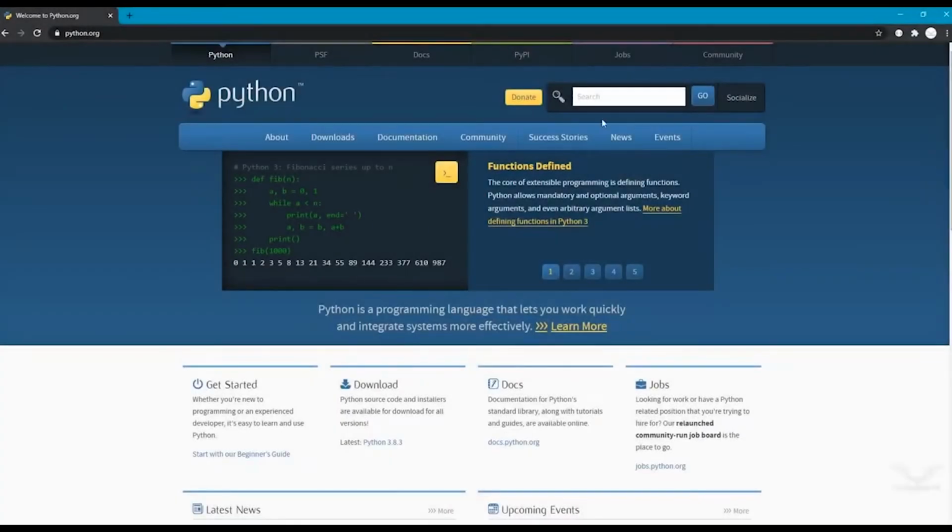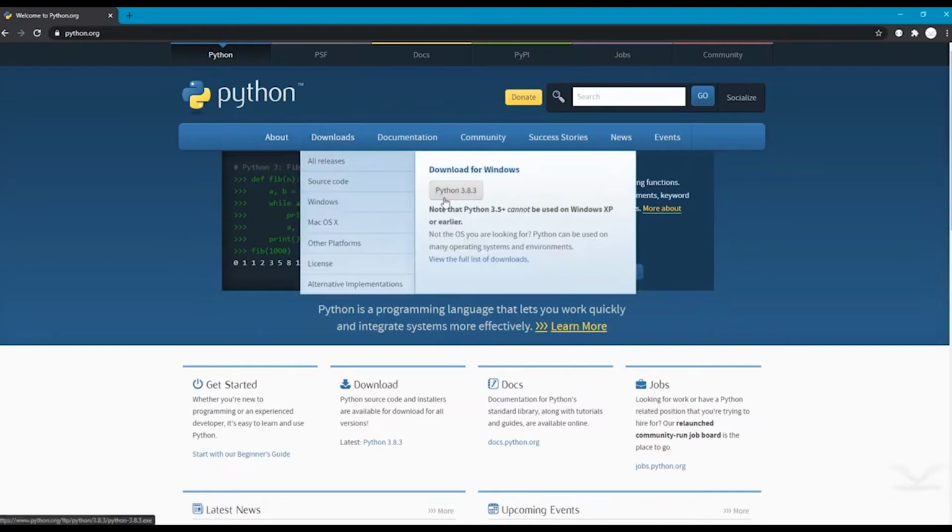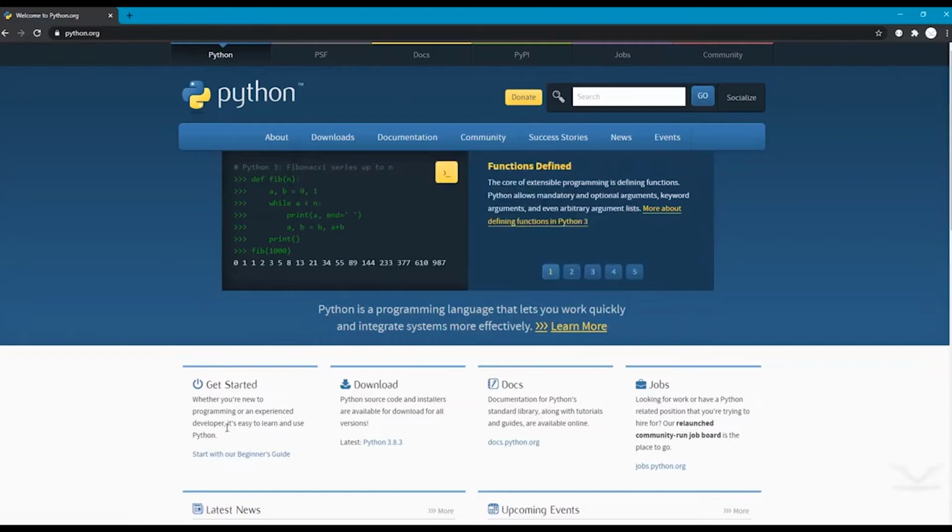So in this video we are just going to set up Python in our system. How we're going to set up: we can go to python.org to download the Python language in our system, so our system comes to know that, okay, I am able to understand Python. But to work with Python, we really have to set up the development environment, like IDEs like